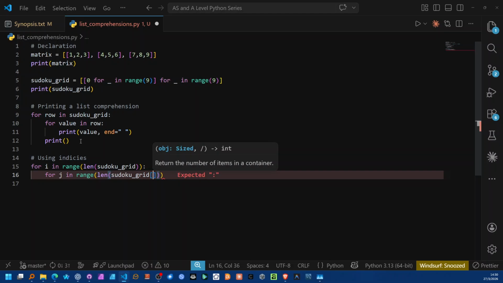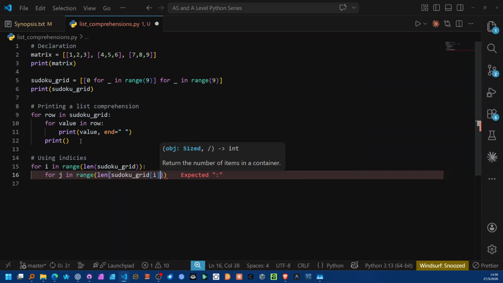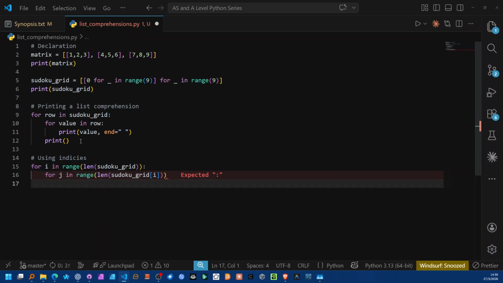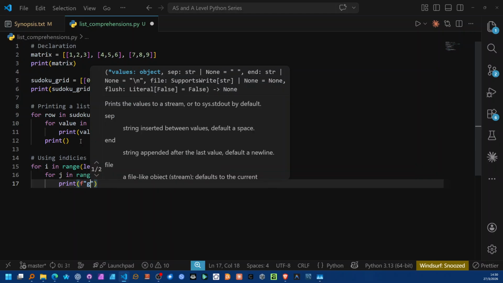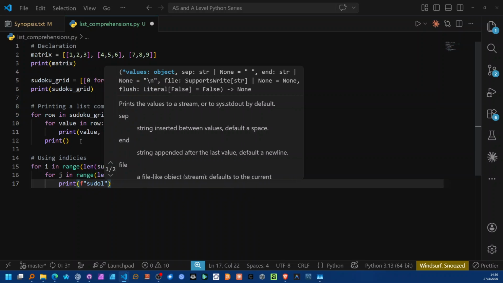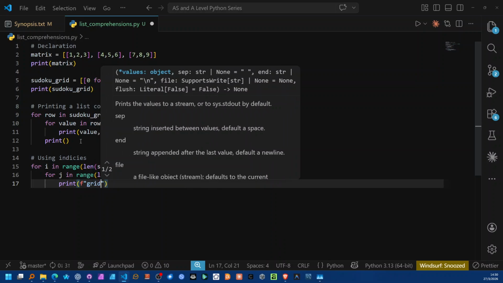Then what we want to do is we are going to pass the value of I here. Then right there at the end I'm going to put a colon. I'm getting that error here, right? Then here we can print, rather, so that it's more readable. So you can say grid. Let's use the actual name. Let's just put it grid. Doesn't really matter. So grid,